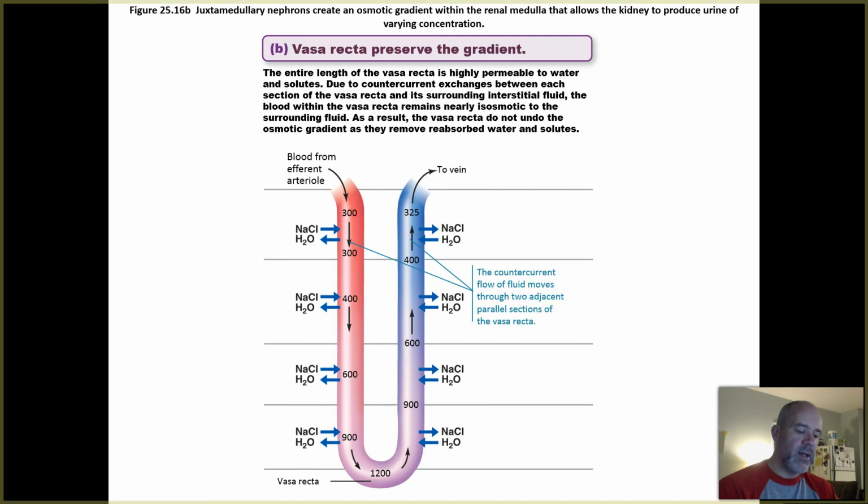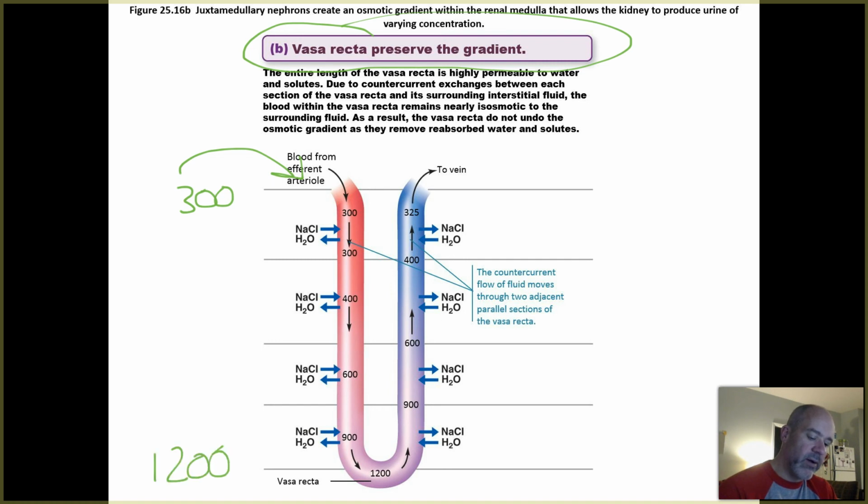All right, another aspect of this solute concentration gradient you have in your renal pyramids is that the vasa recta have to preserve it. The vasa recta are blood vessels which are supplying blood to the tissues of the medulla, so they've got to be there. Well, imagine if you had blood flowing through these blood vessels and there was nothing special about how permeable they are to water and salts. So what would happen? If those blood vessels were passing from an area that has a 300 concentration of solutes up at the top and 1200 down here, and there was nothing special about water and salt permeability in these blood vessels,